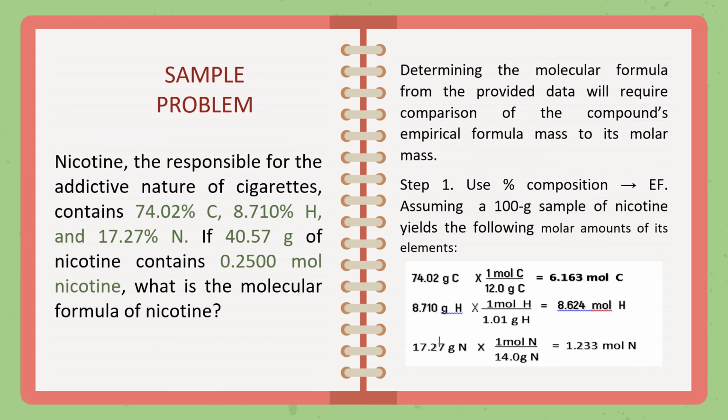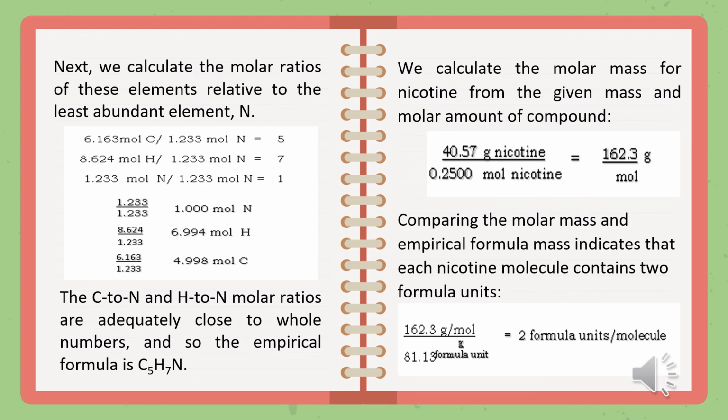As the first step, use the percent composition to derive the compound's empirical formula. Assuming a 100-gram sample of nicotine yields the following molar amounts of its elements. 74.02 gram carbon times 1 mole over 12.0 is equal to 6.163 mole carbon. 8.710 gram hydrogen times 1 mole over 1.01 is equal to 8.624 mole hydrogen. 17.27 gram nitrogen times 1 mole over 14.0 is equal to 1. Next step is to calculate the molar